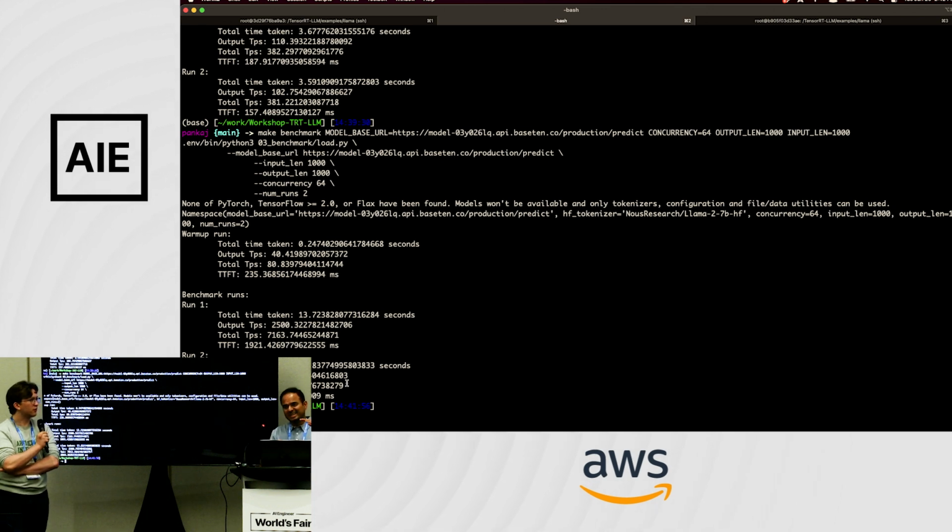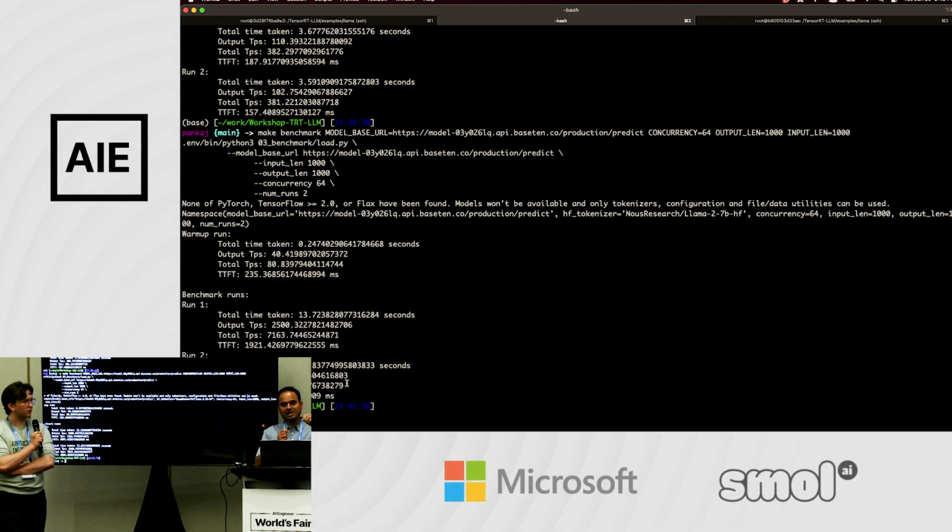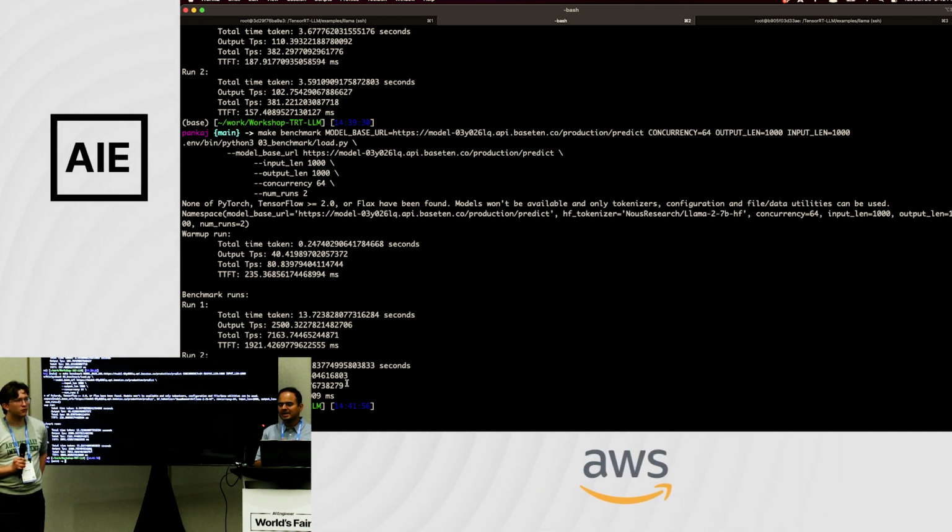If you increase batch size, you would find that your latencies become higher. Latencies in the sense that for every request that a user is sending, tokens are coming slower and slower. And then you have to make a trade-off at some point: is it still good enough? Is it still more than, say, 30 or 50 tokens per second that users won't perceive? And at some point, it will become unusable.